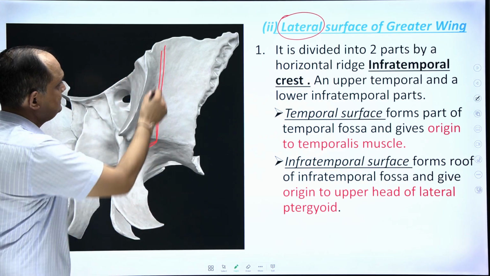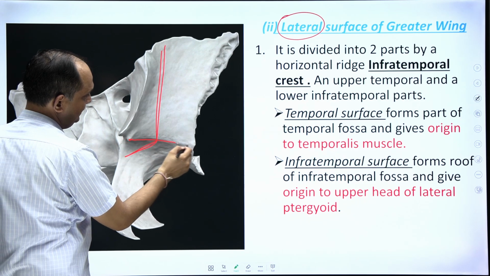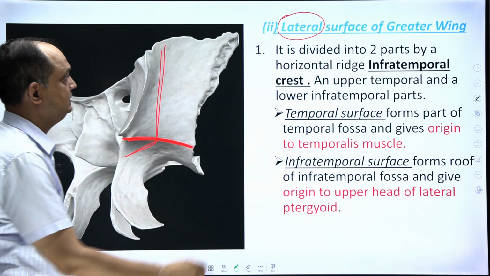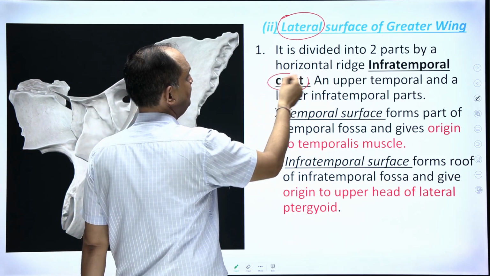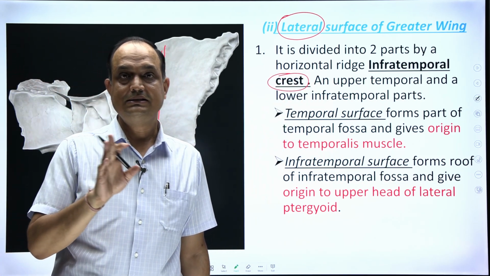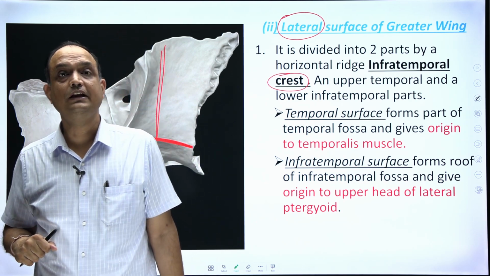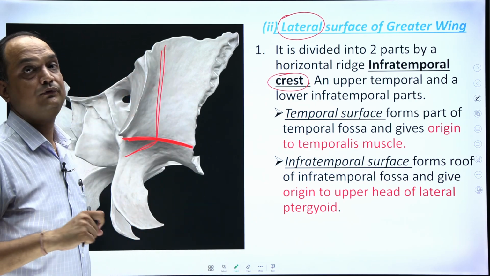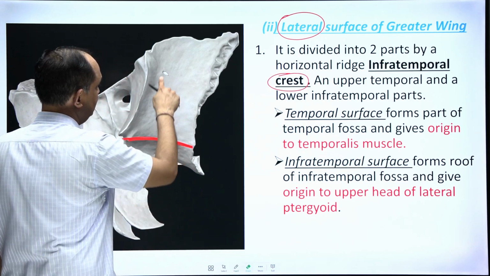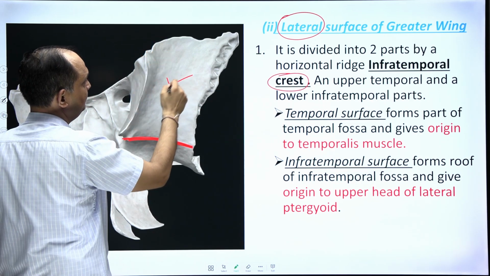Now this surface, because it is L shaped, at this point you will have a very prominent bony ridge. Now this prominent bony ridge is known as infratemporal crest. It is not known as sphenoidal crest. Sphenoidal crest I told you in the last class, which is a feature on the anterior surface of the body. It is infratemporal crest. So this infratemporal crest divides this L-shaped area into 2 parts, one is this and